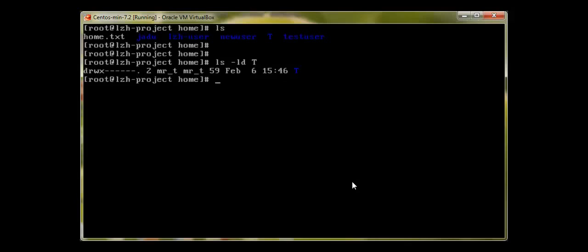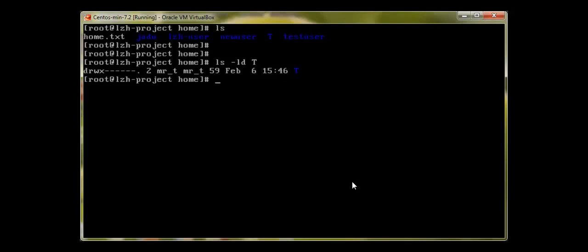So that's how a person who is created is the owner of his home directory, and except root, nobody can enter it by default. So this is the first thing I wanted to show you. And now what I would like to do is lock this user. I want this user to not log in, but first let me see if we can log in as